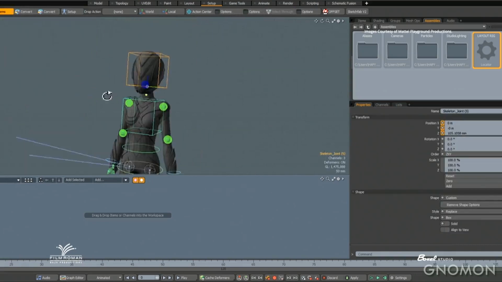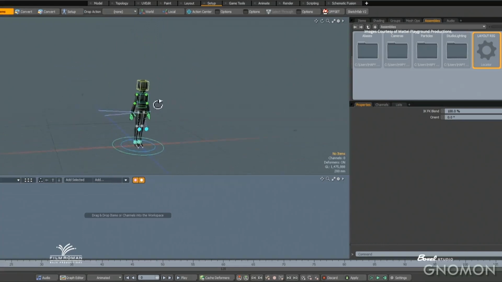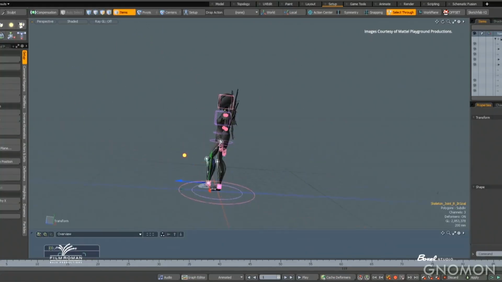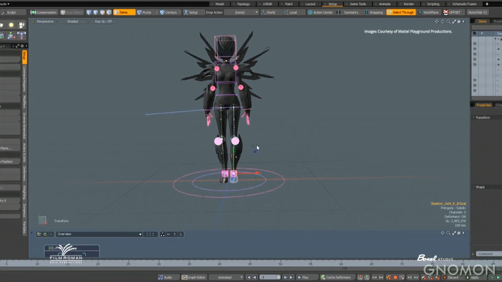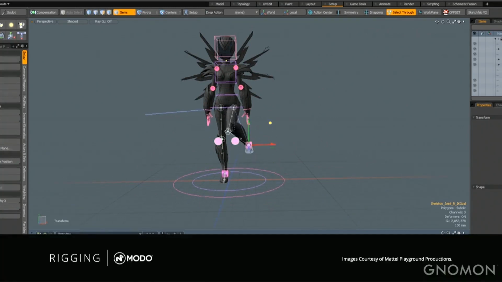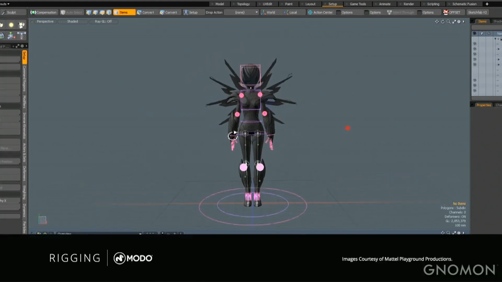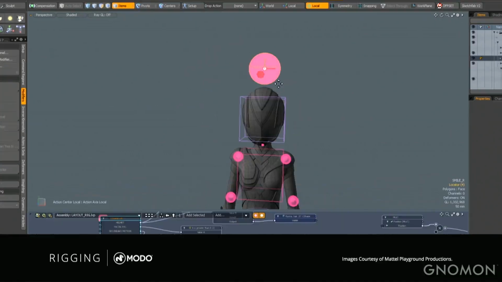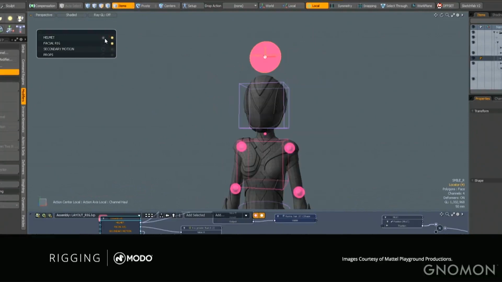We saved this as an assembly, and that's it. You have a fully functional rig. The only thing left to do is actually click and drag, adjust proportions, and that's it. You have a fully functional rig under 40 minutes. And then you have time for the really fun part, which is the facial rig. Which, by the way, this is not speed ramp. That's the actual performance of the rig on a laptop, by the way.